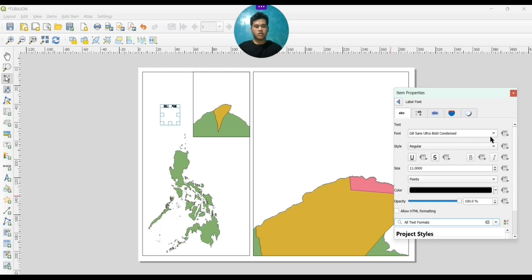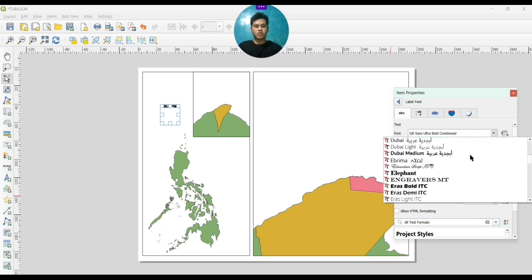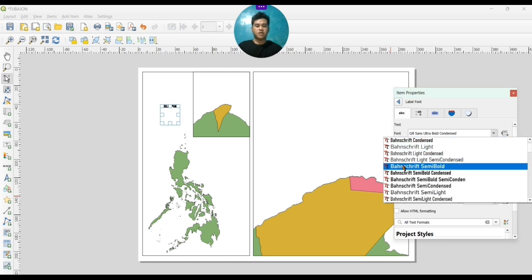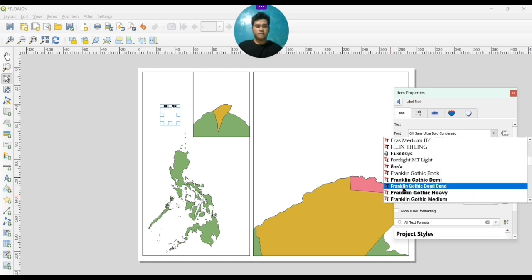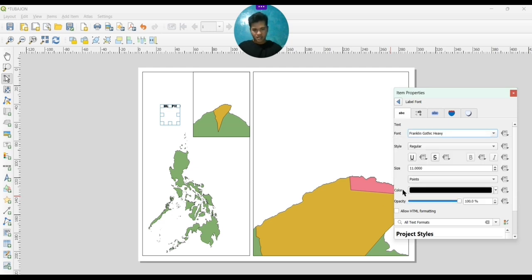Here you can choose the font that you want for your label. In my case, I'll be using this one. So just click it and done.